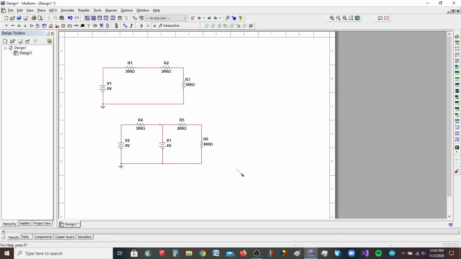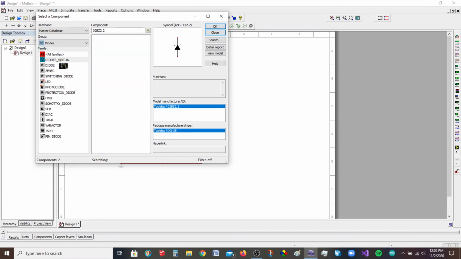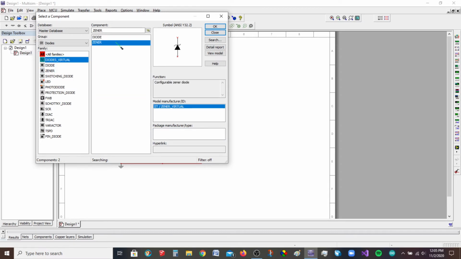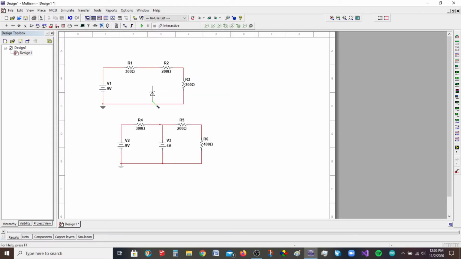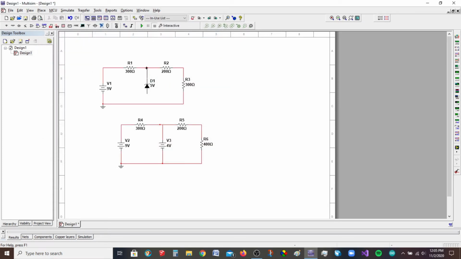All right, so I've got both of these circuits hooked up now, and I wanted to wait to show you how to add the Zener diode and what I would do for this. So I'm going to go up to Place, Component, go to Group, Diodes, Virtual, Zener. Make sure you go to Virtual, otherwise you have to pick an actual component with the actual model number. It's got hundreds or probably thousands of them in here. So you want to go to Diodes Virtual Zener, then you can make it whatever you want. So I'm just going to make it right here, close. I'm going to add this in,